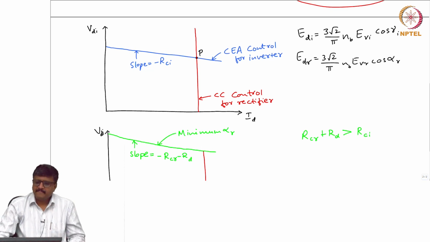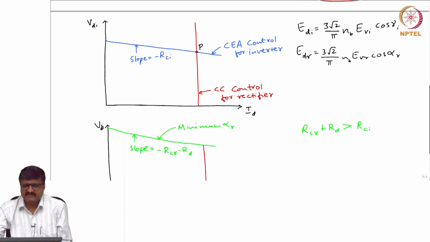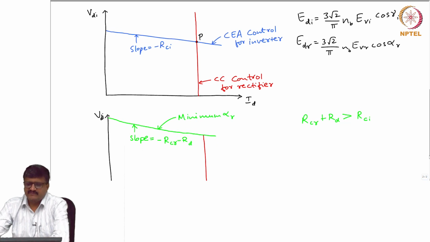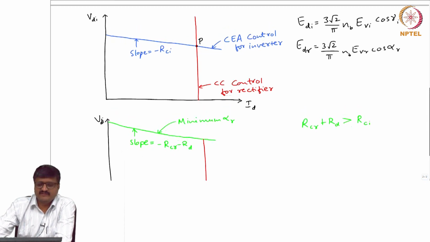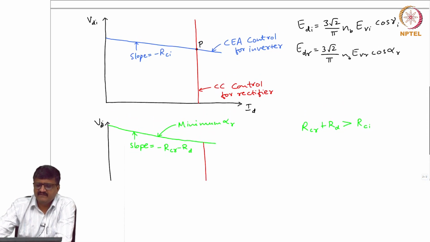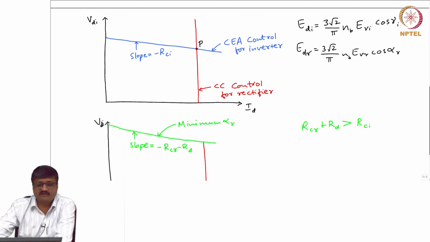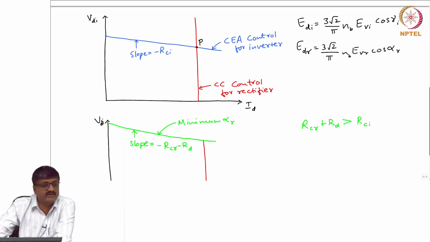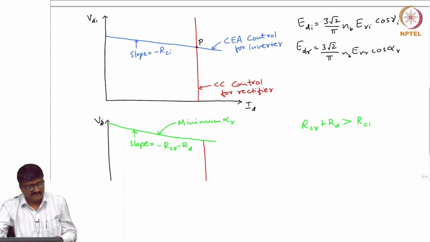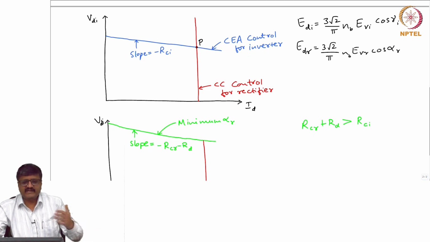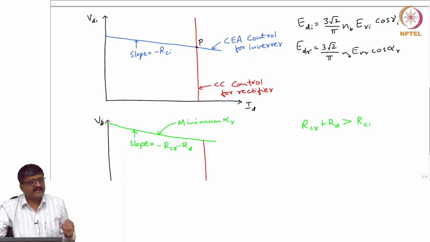Okay. Now, what is the implication? See, if we just look at these two graphs. In the first graph, point P was the point of intersection of the CA control characteristic of our inverter and the CC control characteristic for the rectifier. Now, due to reduction in the rectifier AC side voltage, what can happen is alpha can keep on decreasing,